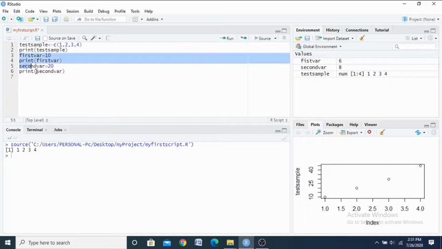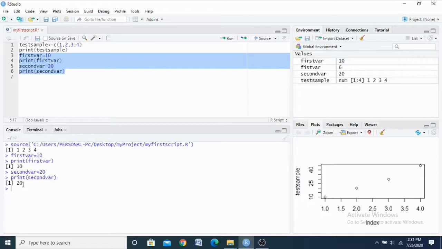Now select whatever part of the R script you are going to run. This one is the entire content of the active window being run. Here the run button is there. This runs the current line or selection of the file. You can use Control plus Enter, or you can click the icon.